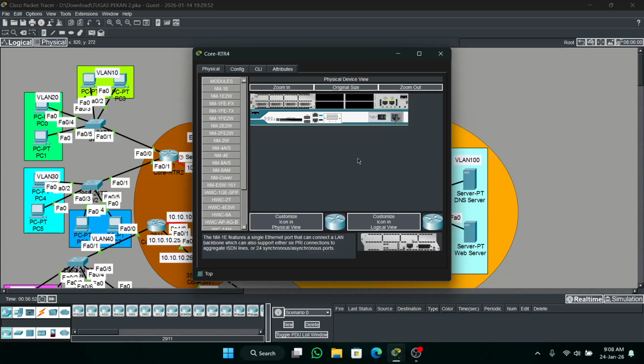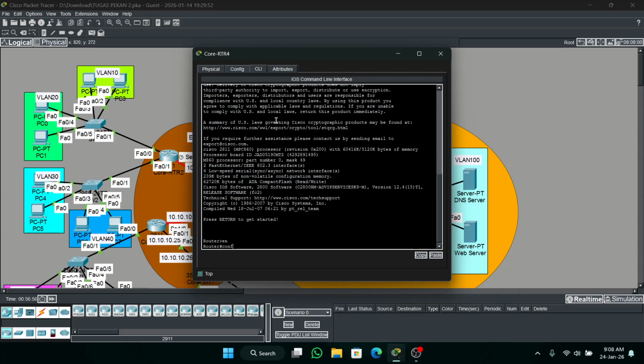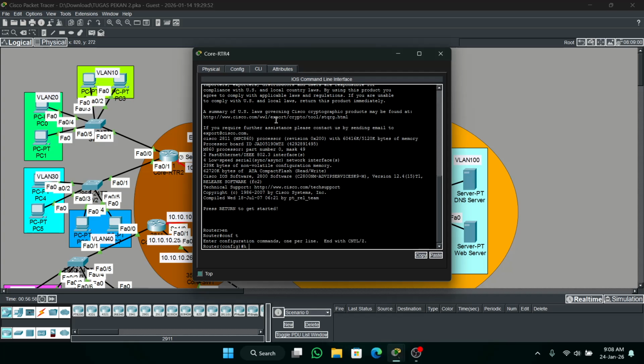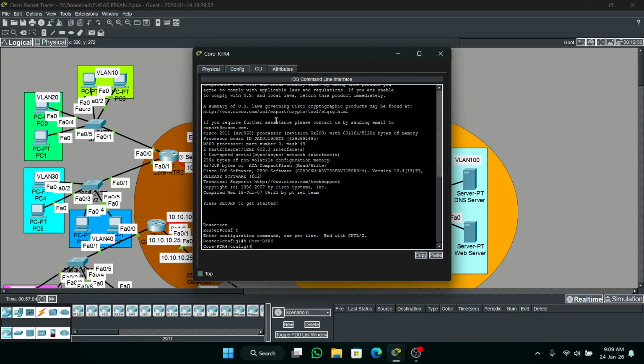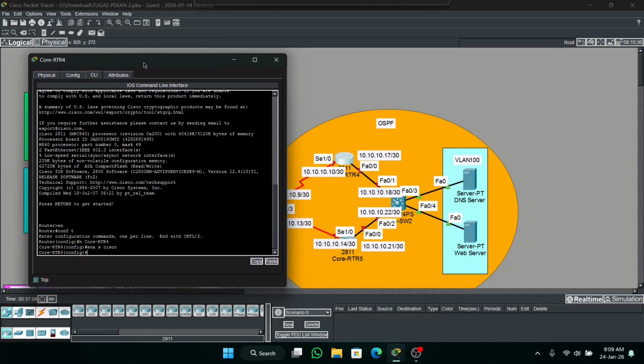We will add IP address for point-to-point first. Enable, configure terminal, hostname RTR4. Enable secret cisco. IP address Ethernet 0, 0 0 0.